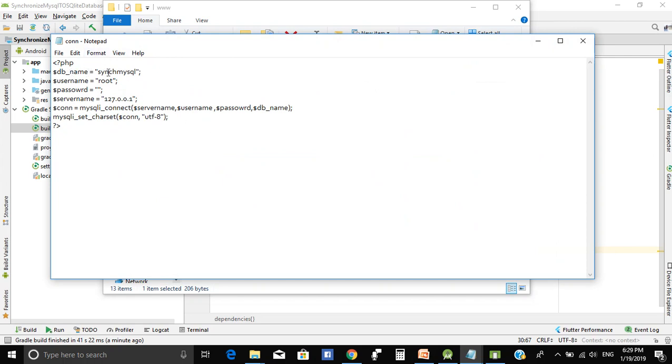Contain database name called Sync MySQL as we created. Username root and password is nothing, double quotations, and server name is 127.0.0.1 as localhost server IP,